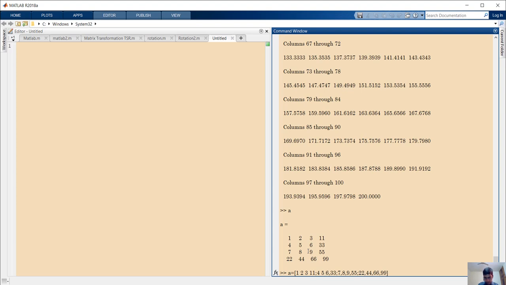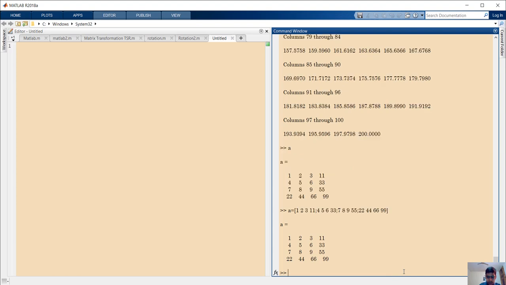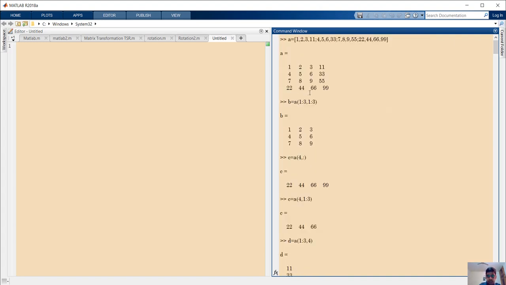All right. Don't remove the semicolons. Semicolons are used to separate rows, and if I press enter, it will overwrite it, but it will create the same matrix because these two things are exactly the same. And now going back to the code, I've created a 4x4 matrix.